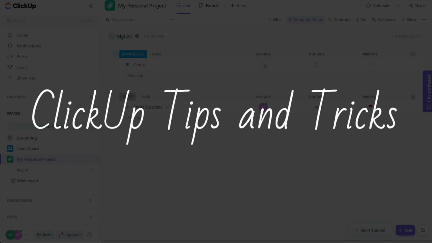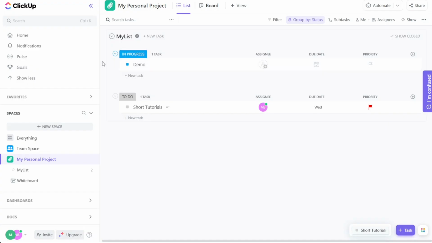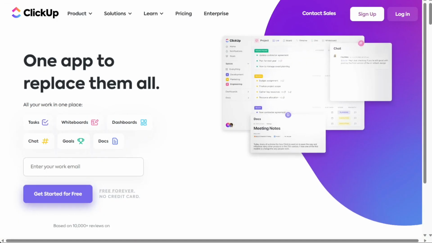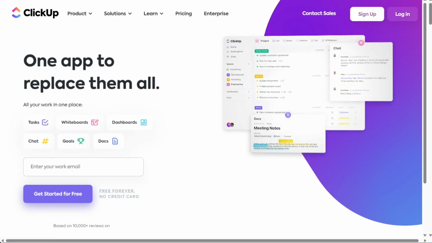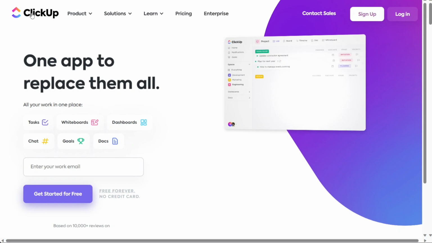ClickUp tips and tricks. Hi guys, this is Speak About Digital and welcome to this video tutorial on how to take your ClickUp skills to the next level and make the most out of this versatile platform. Whether you're a seasoned user or new to ClickUp, we have valuable insights and practical strategies to supercharge your productivity